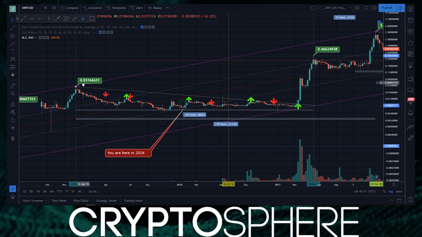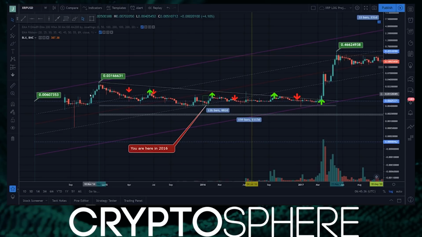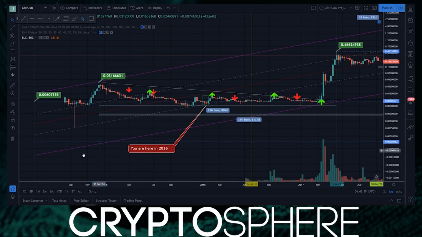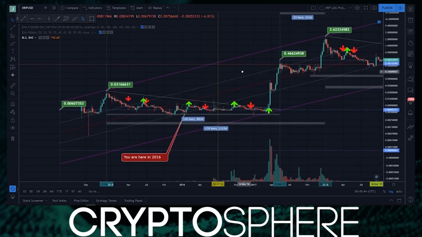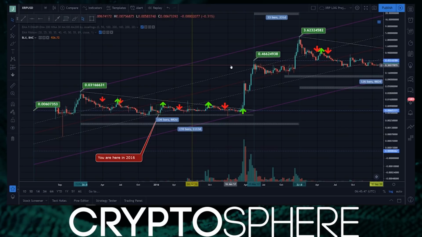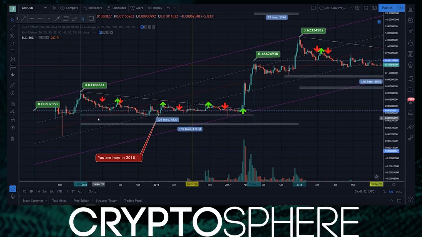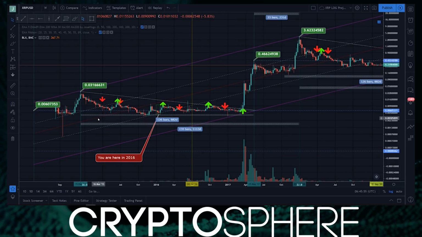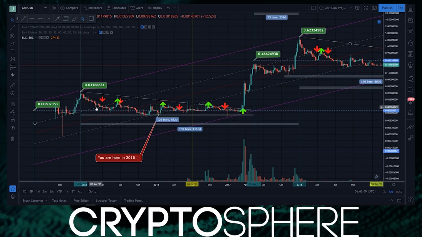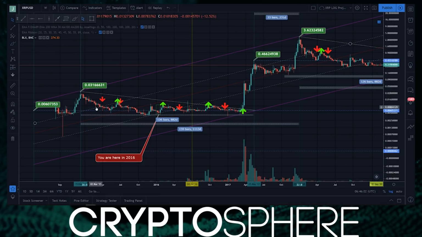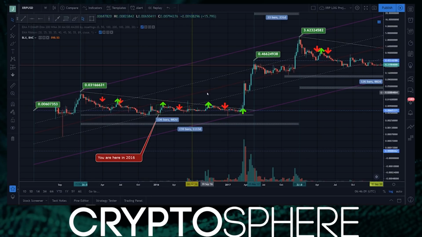These are actually price points from prior all-time highs. And the reason why I have all these lines here is it's kind of like in a channel, and that's what I've seen that XRP's price moves in, kind of in a channel. And I have these trend lines here to map out my projections and to see the correlation of the price movement within these channels, to understand the behavior with the moving averages and the elevation in price over time.